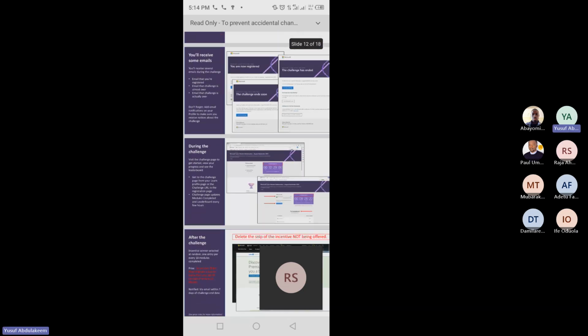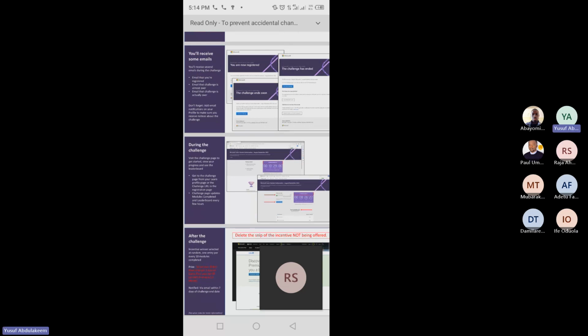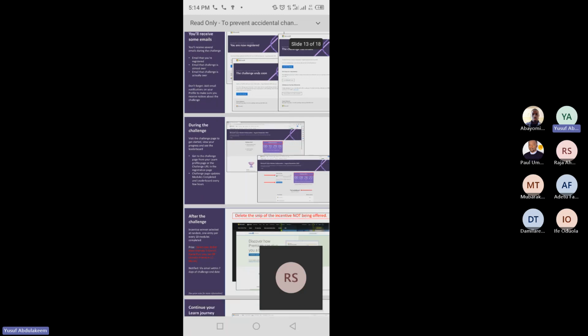You're also going to receive some emails during the challenge: an email that shows that you have registered for the Cloud Skill Challenge, and ones that inform you that you are almost over the challenge, and actually that you are over. You shouldn't forget to have email notifications on in your profile to make sure you receive notices